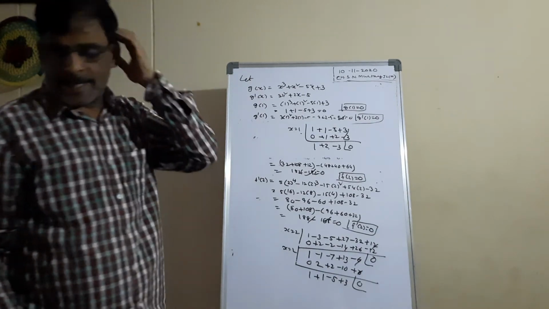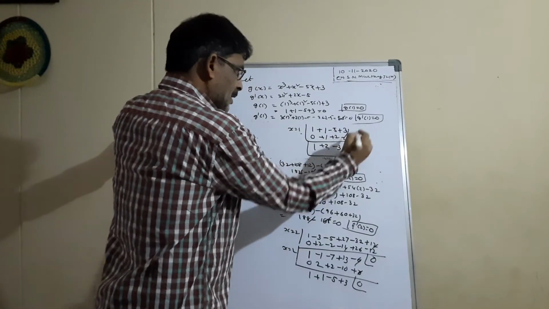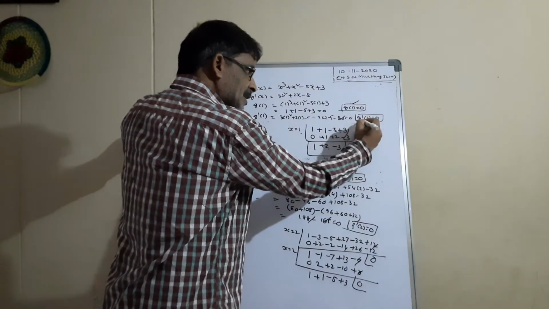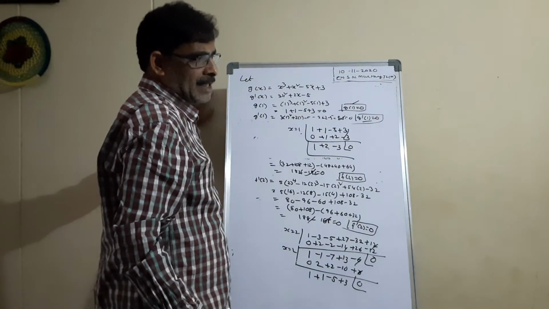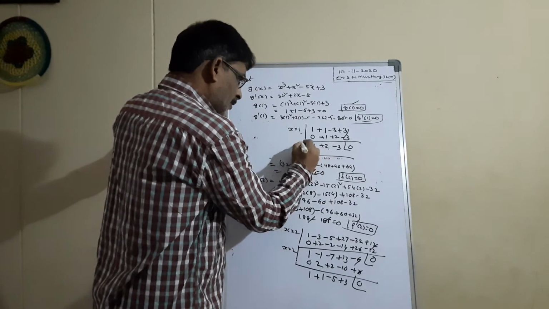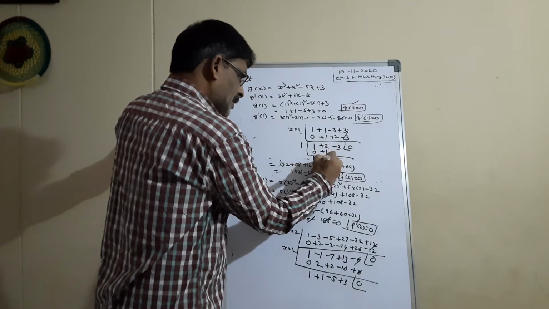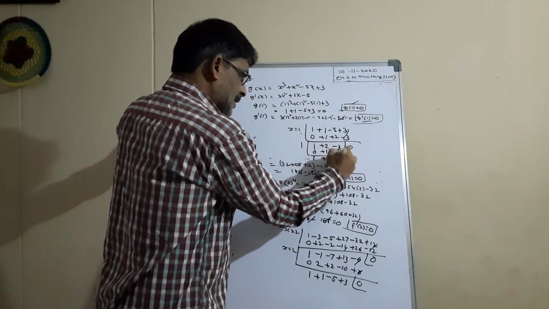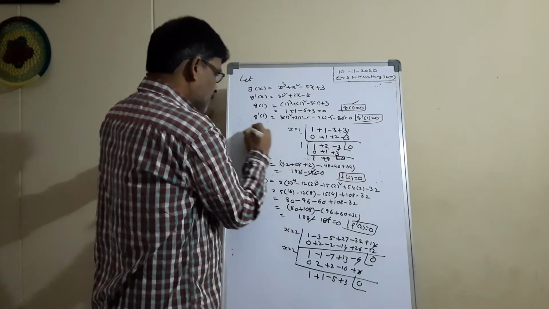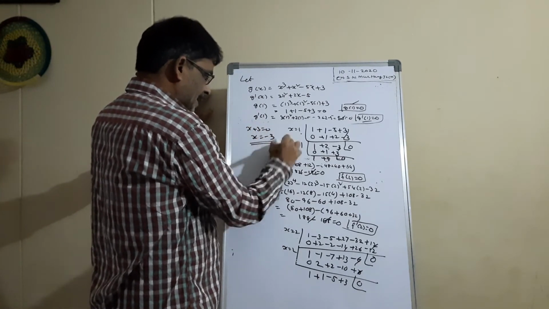Now, again you divide it by 1 because 1 is the root of g of x function and g dash x. It has multiple roots, 2 times. Again 1. This is 1. 1 into 1. Again 1. 3 ones are 3. Cancel, 0. We have x plus 3 equal to 0. It means x equal to minus 3.